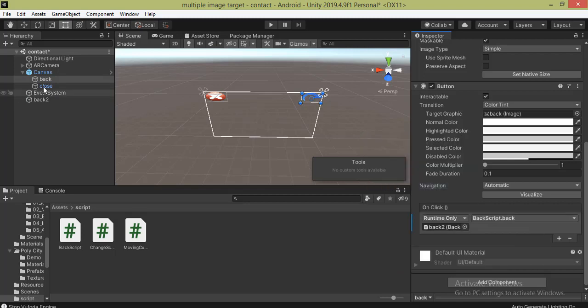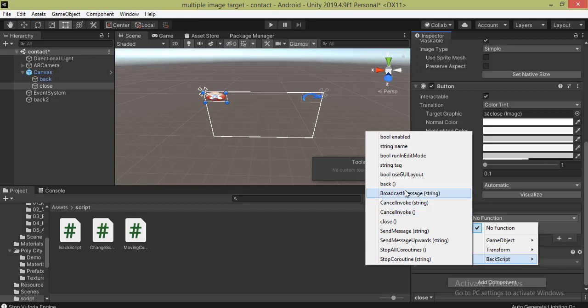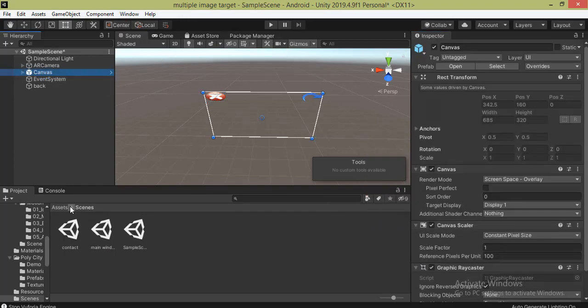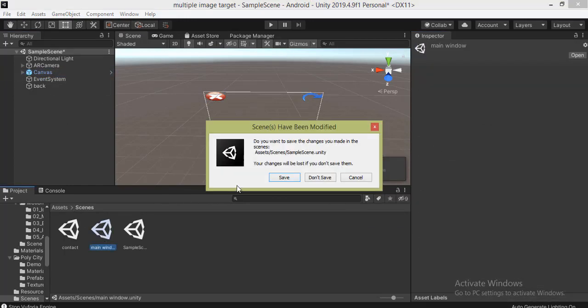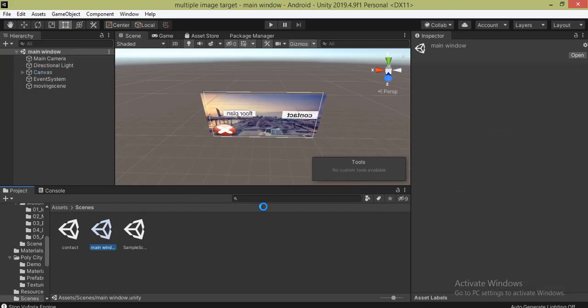From back, again I click on this close, drag this over the none object area, go into the back script and click on close. And now I click on this main window, save all changes and enter into the play mode to check the output.